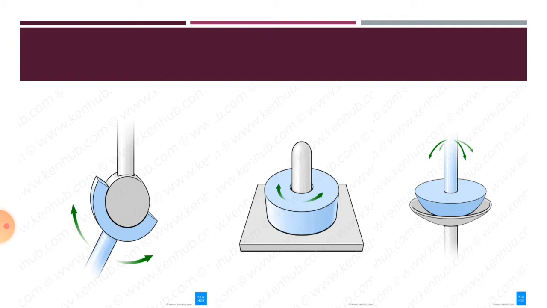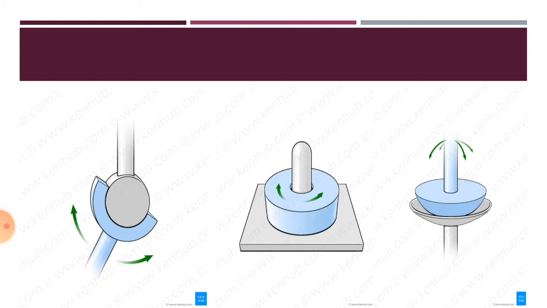In our earlier lectures, we have discussed the various planes of the body in which the movements occur. There were three main axes: frontal, sagittal, and vertical axis. So the hinge type will only allow flexion and extension, and this is the movement along the frontal axis. The examples include the knee joint and elbow joint.